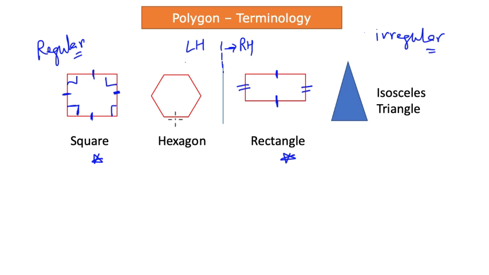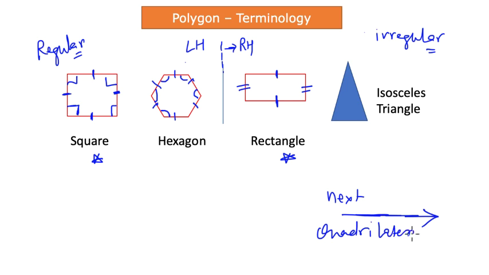Likewise, I can create a regular hexagon such that all sides are equal to each other. And when that happens, the included angle between any two sides automatically becomes equal to each other, right? So this is another differentiation between polygons. Let us pause here, and in our next tutorial, we will talk more about quadrilaterals. What are the properties and how do you understand the differentiation between various quadrilaterals?